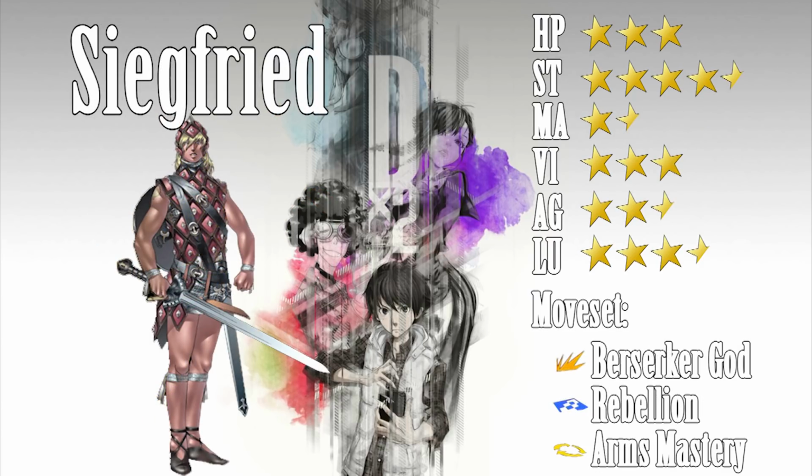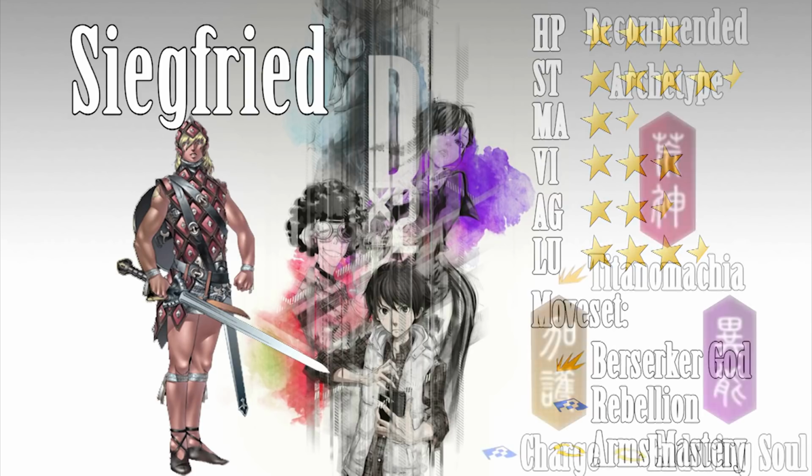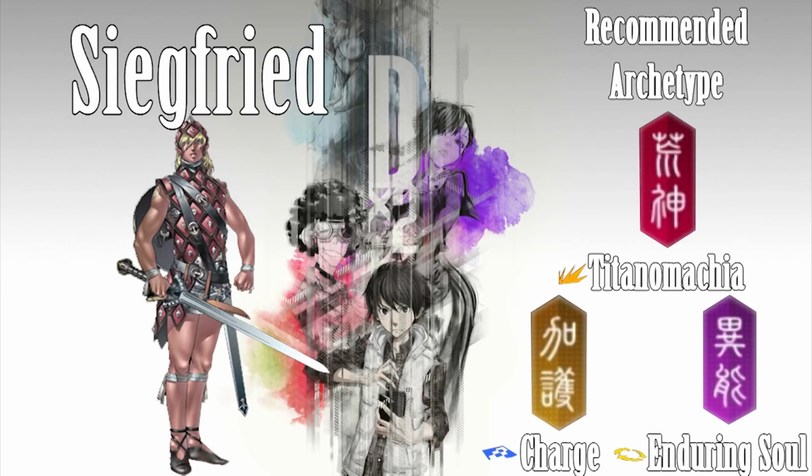Siegfried is another powerhouse for physical attacks and a gacha only demon. First of all, it has Berserker God, which is a strong single targeting physical move. Alongside that, it has Arms Master, a passive skill that increases damage and accuracy by 15%. 3 of the 4 archetypes are good for Siegfried, depending on how you want to build it. Red will give it Titanomachia, which is a high critical attack that deals damage to all enemies for an AoE